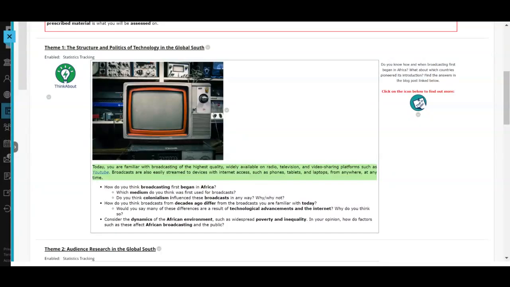This is very important for you guys when you're looking at theme one: to look at, again, not only South Africa, but other countries as well, and how our media is still, like I was saying earlier, very much about where the colonialists put prominence or importance on certain provinces or areas, and how we see a continual trend of development in those areas,